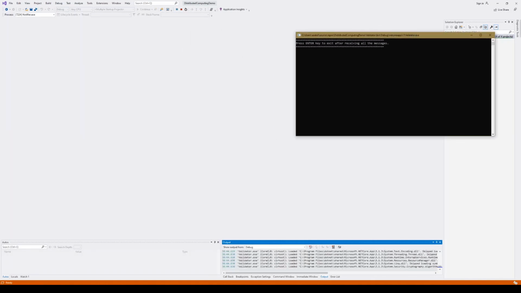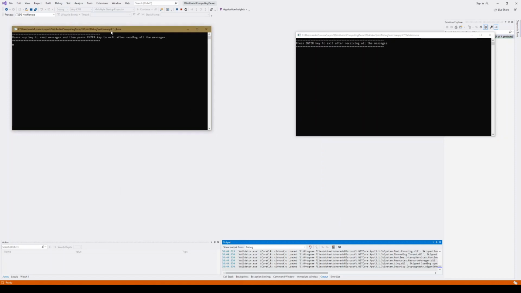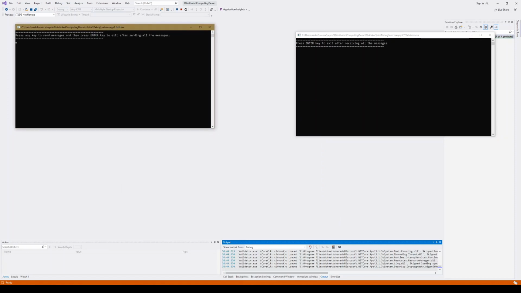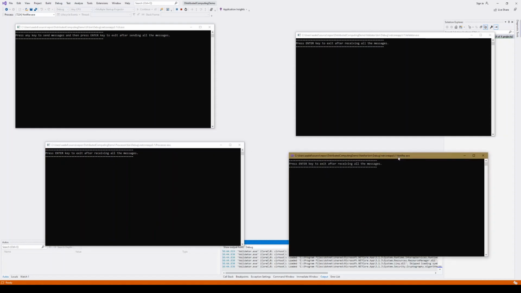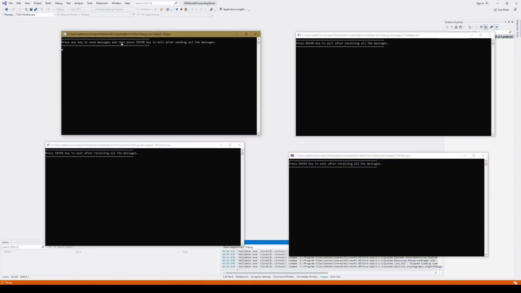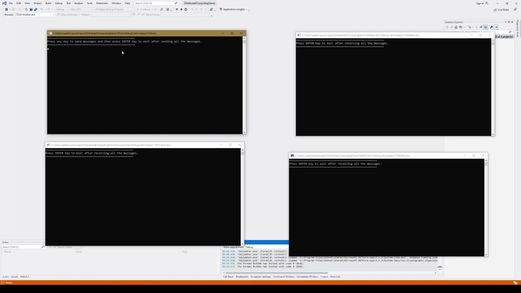Okay, so that is the validator, as you can see on the screen, and that is the UI, and that is the processor, and that is the notifier. So all four of them are running, and if I press any key or pretend UI is going to send